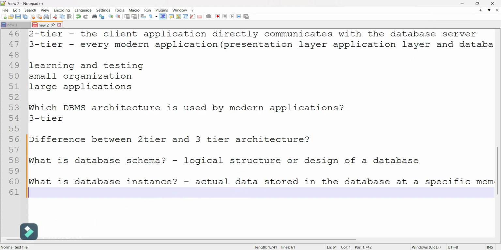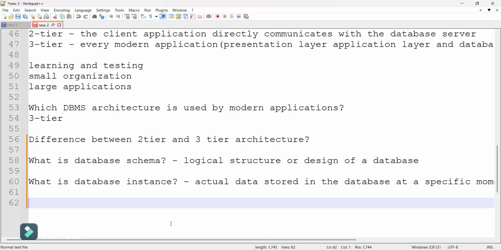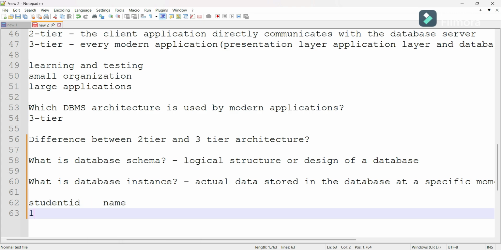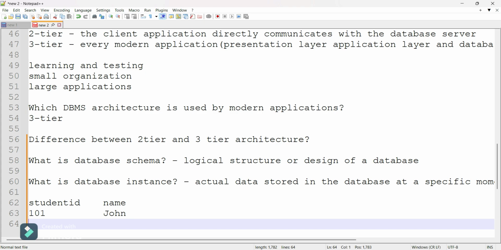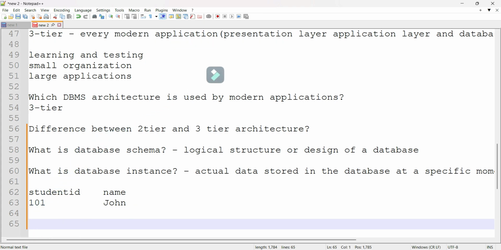Let's consider a simple example. We have two columns, student ID and name. Inside that, student ID is 101 and name is, let's say, John. After 1 hour, one more record is inserted, 102 and Emma.